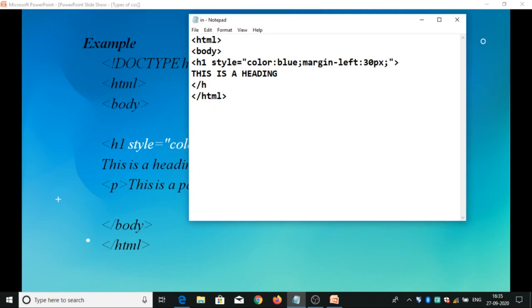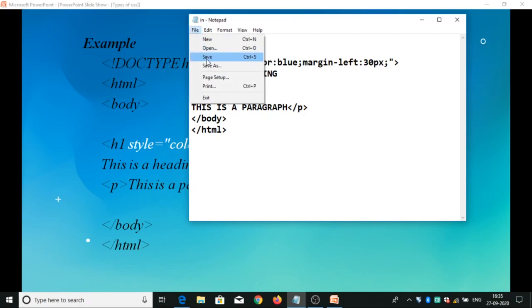Close h1. For variation, I am writing a paragraph tag. Here my style is applicable to only the h1 tag, not for p, because I have written a style attribute only in h1. Save this.